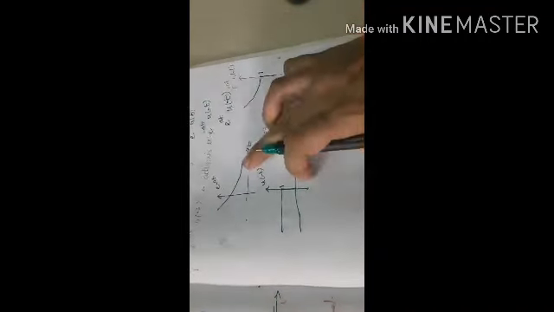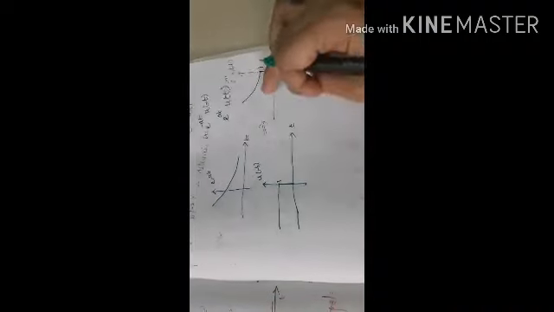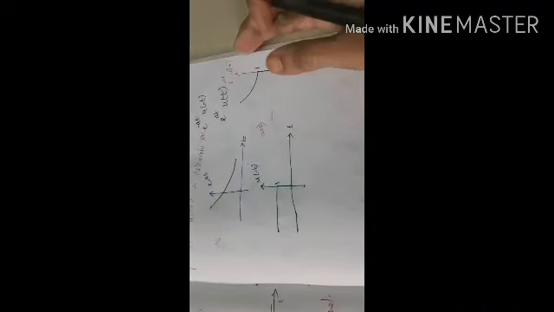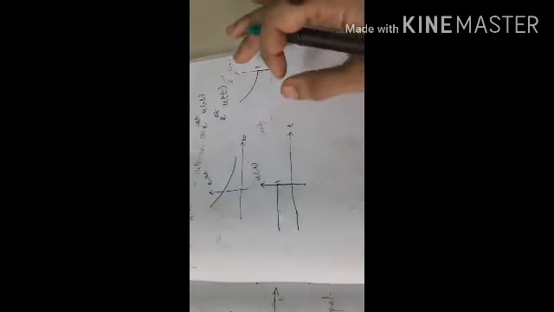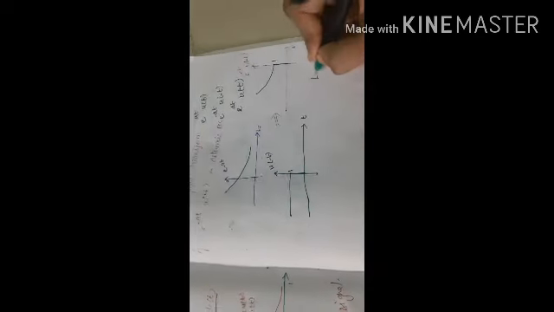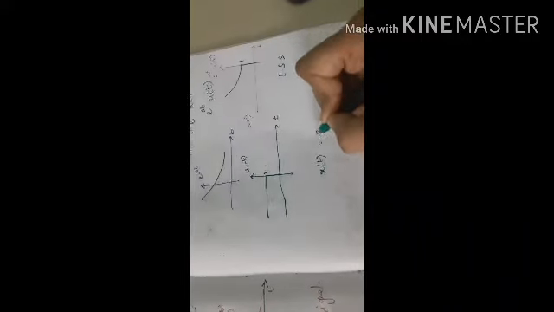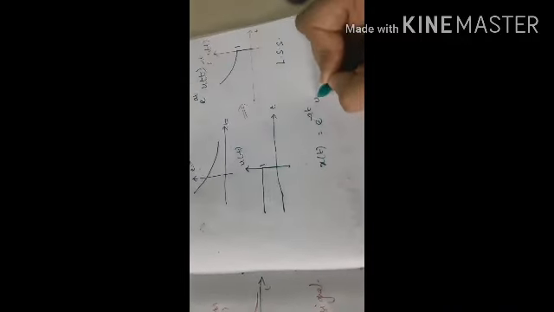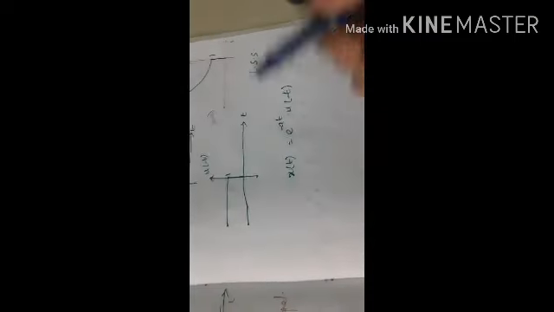See here, this signal is the product of these two signals, and we have to first find whether it is a right-sided signal or a left-sided signal. See, this is a left-sided signal. Now we will solve the problem. The x of t is given as e power minus at u of minus t.